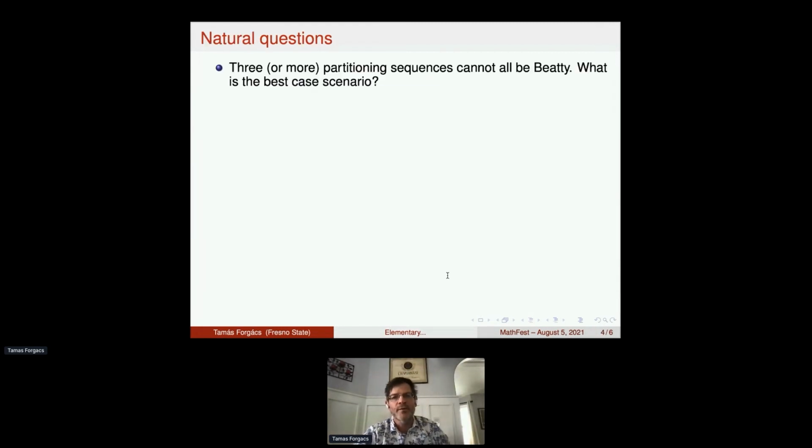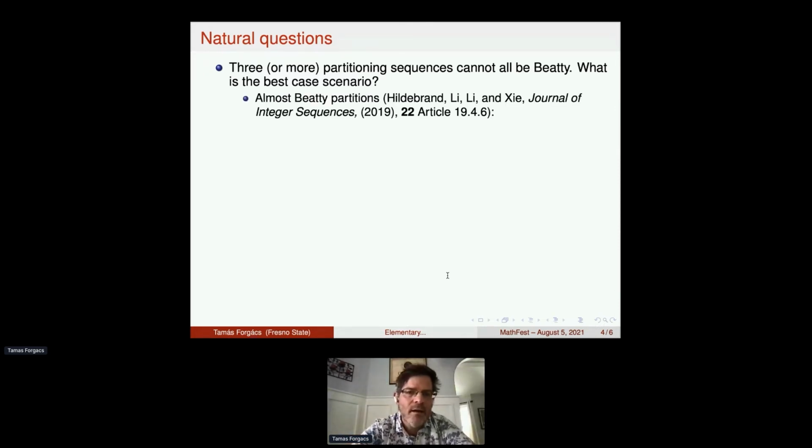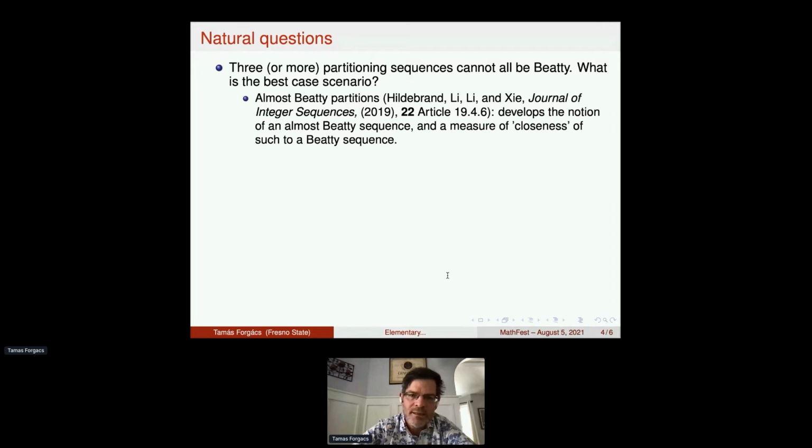Okay, so if you have 3 partitioning sequences of the integers, they cannot all be Betty, right? And so what's the next best scenario? Adolf Hildebrand, Lilly, and Xi, this was done at the Illinois Geometry Lab. The paper came out in 2019, and discussed what they called almost Betty partitions. These are sequences that are not Betty, but maybe almost Betty. So you may have 1 Betty sequence and 2 almost Betty sequences to partition the